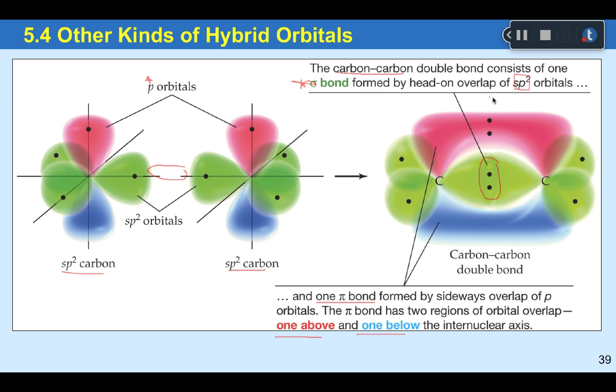And so the electrons in the second bond, the pi bond, are going to occur both above and below the sigma bond, above and below the internuclear axis, as shown in this diagram. So the green portion is the sigma bond between the sp2 hybridized orbitals, and the second bond is a pi